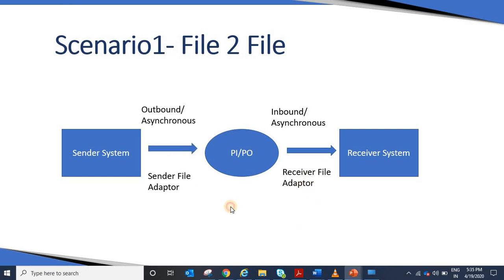We just did some basic mapping and pulled the file from the sender and put it into the receiver. That is the first scenario.